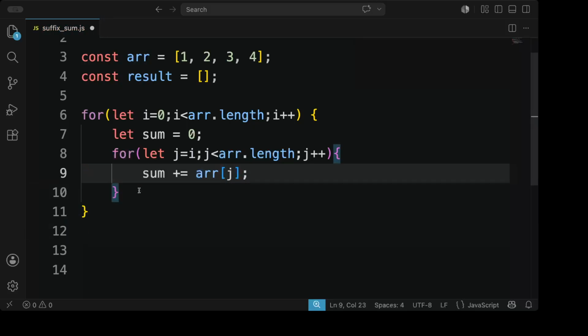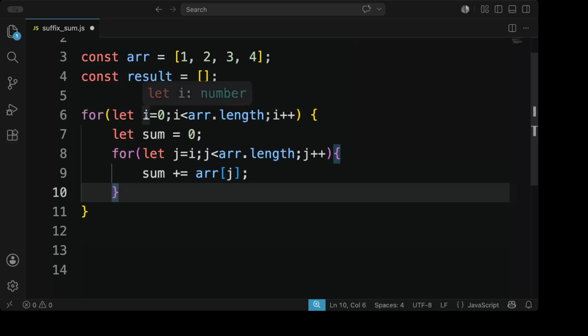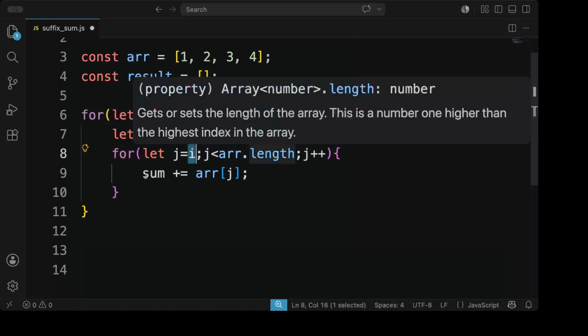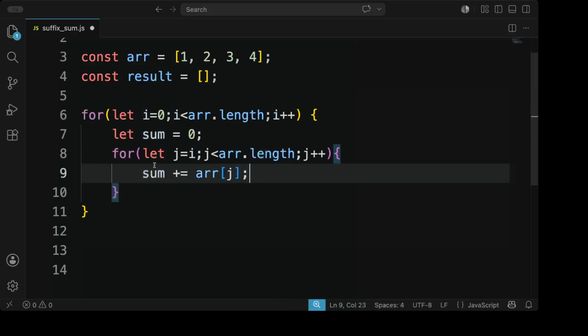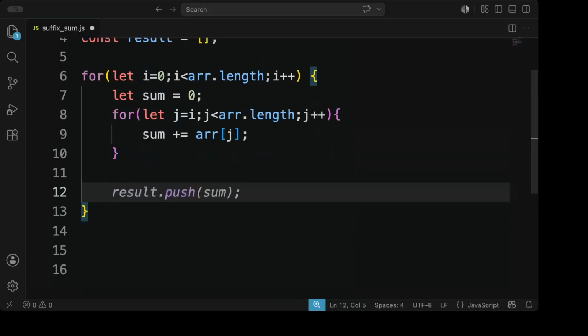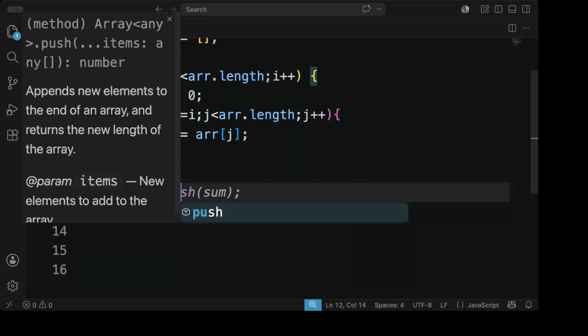So for index 0 we will loop from 0 till the end, sum all the elements and store it in sum. Now we need to update this sum into the new array. So let's do that: result array dot push